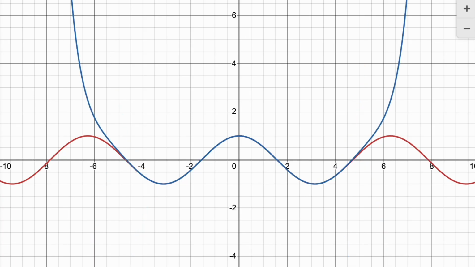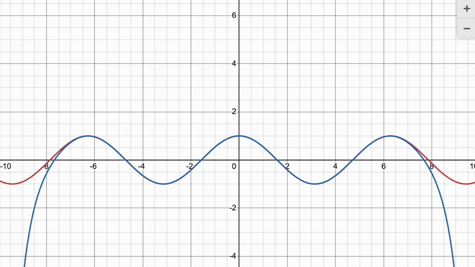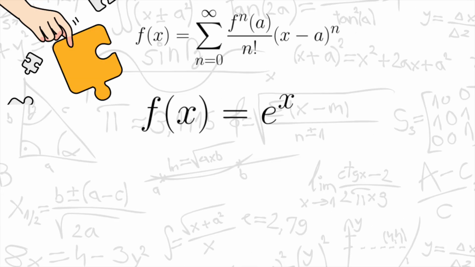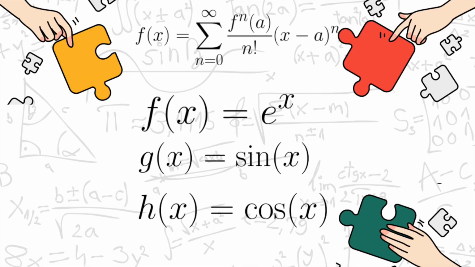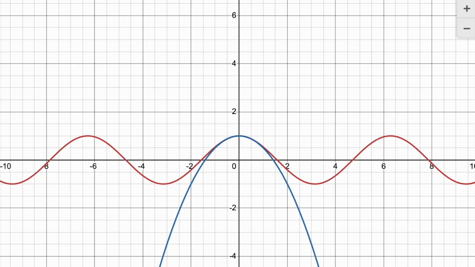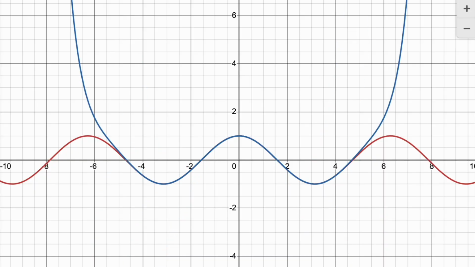This is the most important concept first-time calculus students will learn. This is a Taylor series, which allows us to turn functions like exponentials and trig functions into a polynomial representation. The idea comes from an infinite series involving the product of the function's derivatives and a value centered at a point A. The longer the series, the more accurate our function gets, giving us a good representation and approximation for